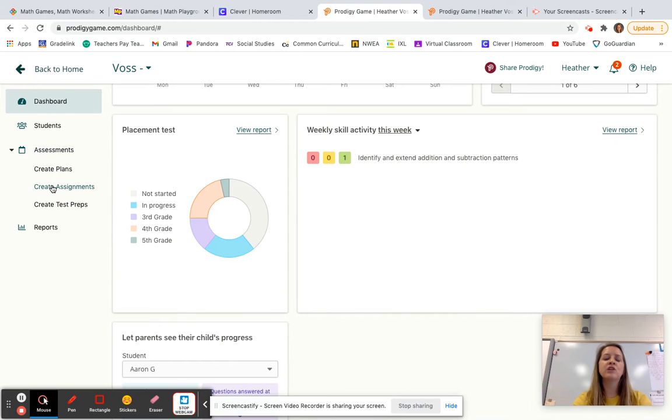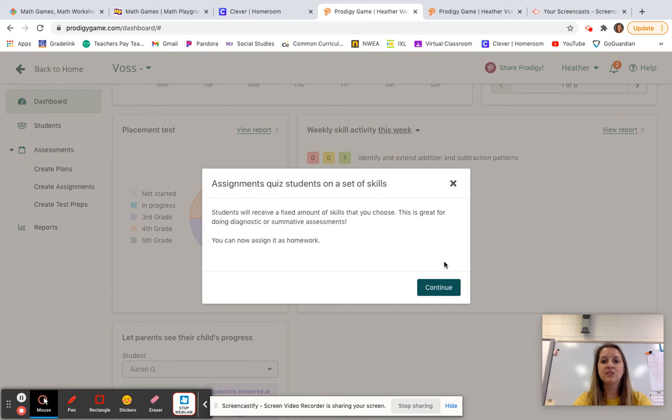It is nice, so you can create specific assignments for your students that you can use as homework. I use this Prodigy game more as entertainment. You could use it more as a problem solving game. On my end, I use it more as